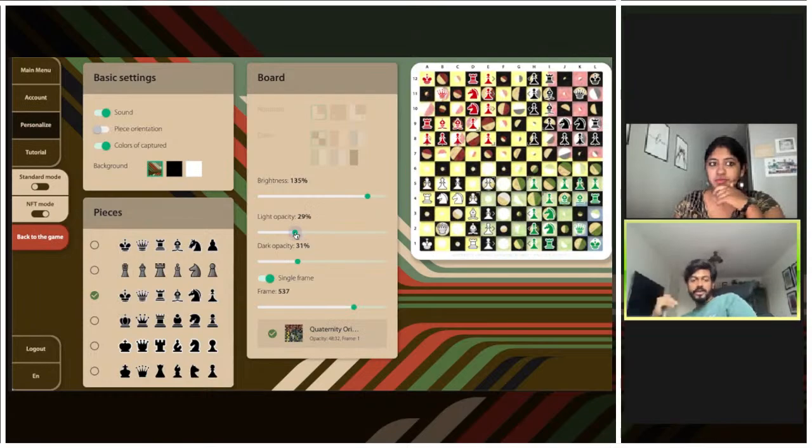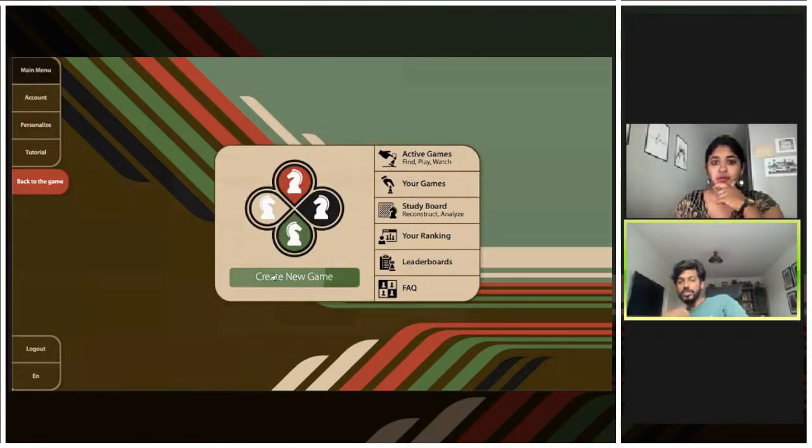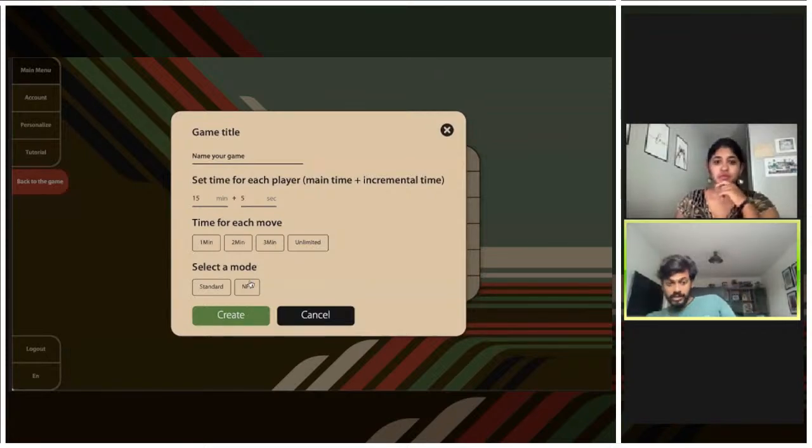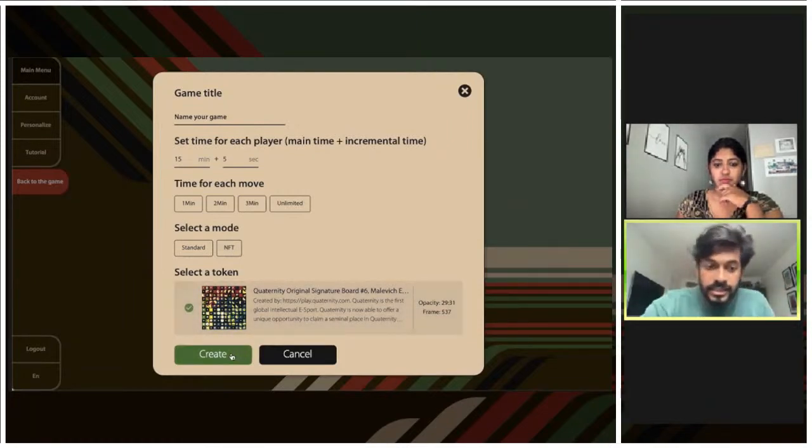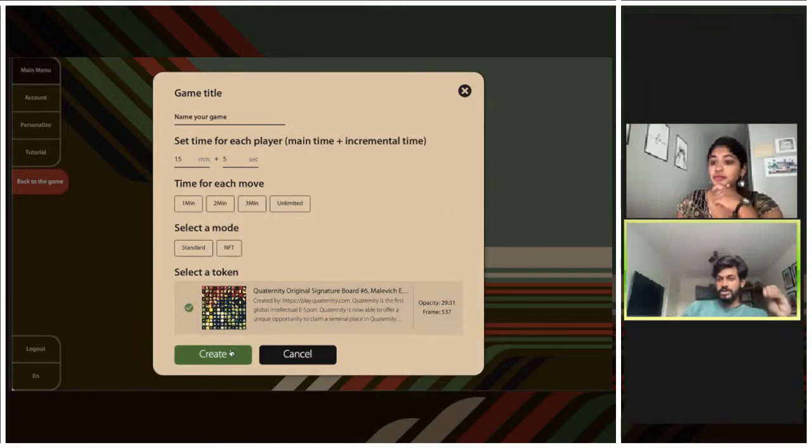And so if you go back to creating a game, if you go to the main menu, create a new game, and hit NFT mode at the bottom, it now gives you an option to select a token. Before you hit create, you can see on the right side those settings described, the frame and the opacity, which you just configured. And this is a little bit important, because unlike the standard mode, where you can change at any point in time and it'll reflect on all your games,